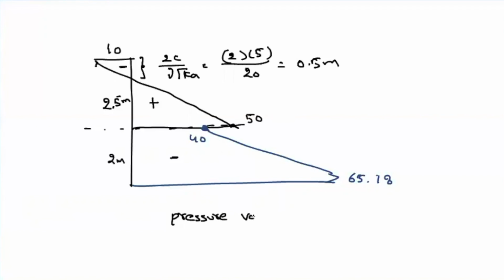That's it. This is the pressure variation along the depth. So if you find the area of this total pressure diagram, then that will be nothing but your total active earth pressure. So here also we can say it like two cases. First one is before the formation of the crack, we have to consider this area also. After the formation of the crack, no need to consider this area. We only have to consider the positive areas. Okay. Hope you understood. Thank you.